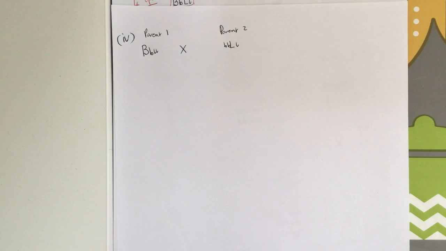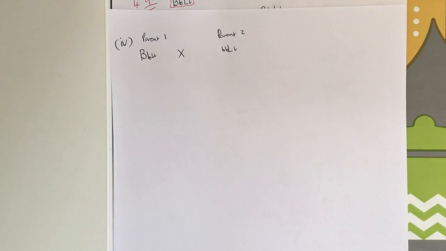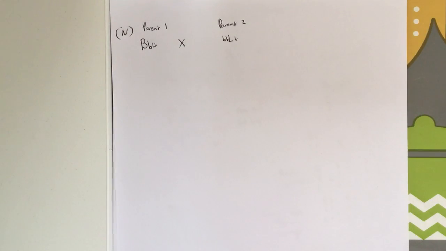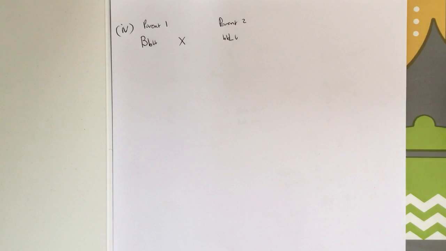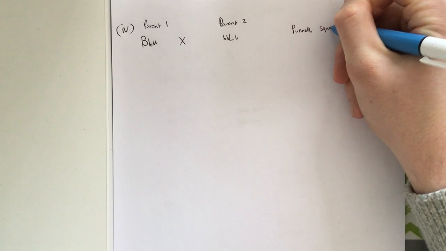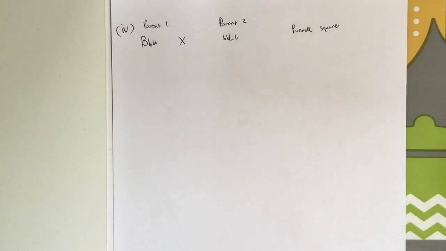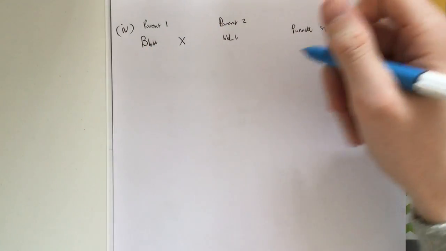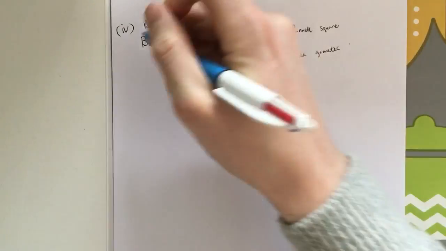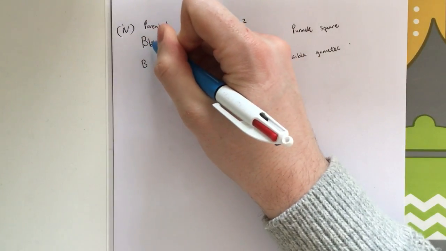Okay, moving back to this sheet now. We have the information that we need, parent 1 and parent 2. So again, assuming the genes are not linked, so there's no linkage, we're ignoring part 3 now and going back to part 2. What percentage of the offspring of the cross are homozygous for short ears? Now, the only way to answer this is to do a Punnett square cross. So this would be a seriously long question on your exam, but it's worth it. You can pick up a lot of marks on this one. Possible gametes, again, is the first thing. So let's look at it. Big B could go with small l.